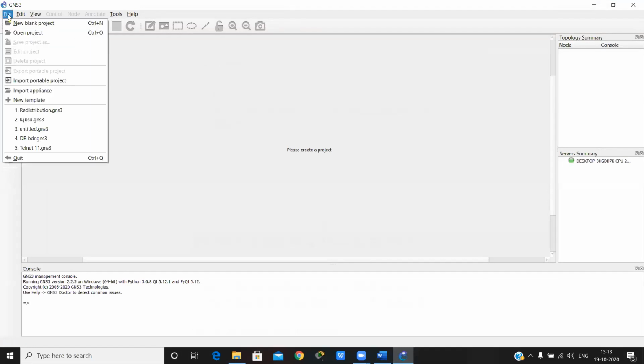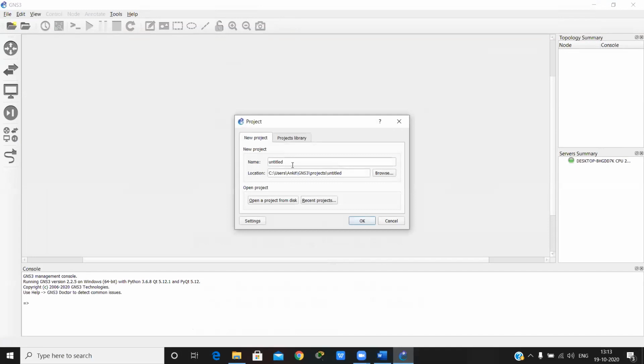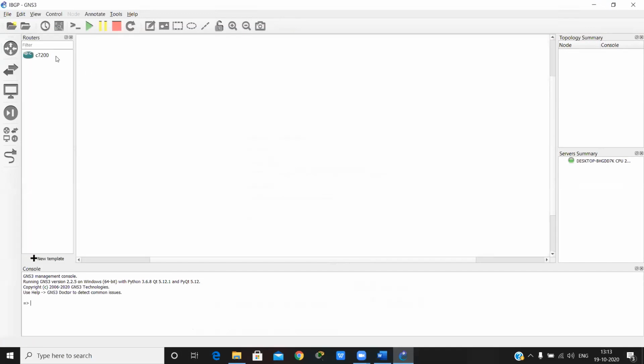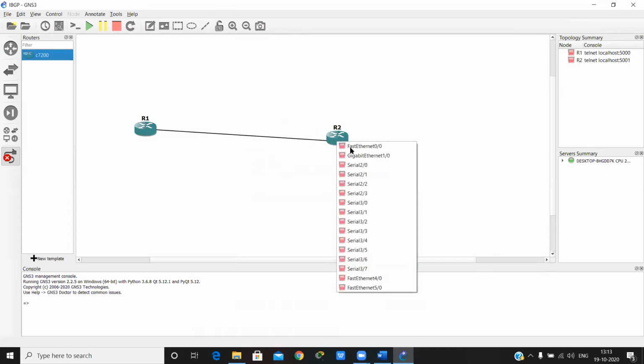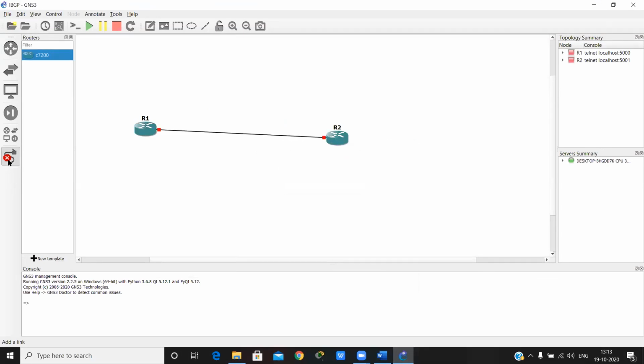So firstly, I make a project. If we have two routers connected, and the IPs are 21.0.0.1 and 21.0.0.2, and the AS is the same because our neighborship type is IBGP.